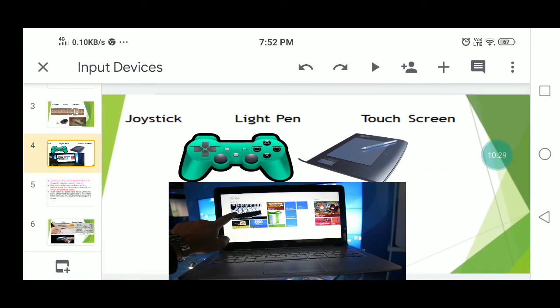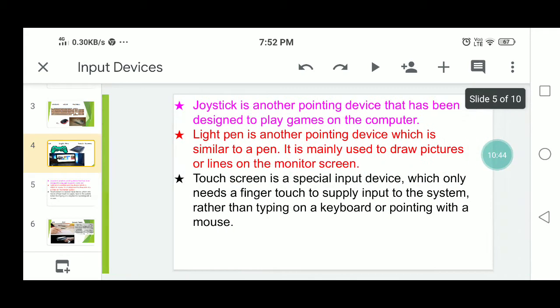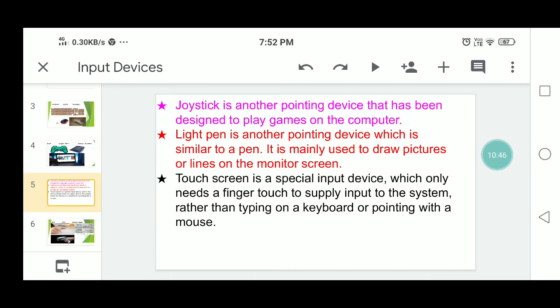Then next, coming to the light pen. The light pen is another pointing device which is similar to a pen. It contains a photocell and an optical system placed in a pen-shaped small tube.